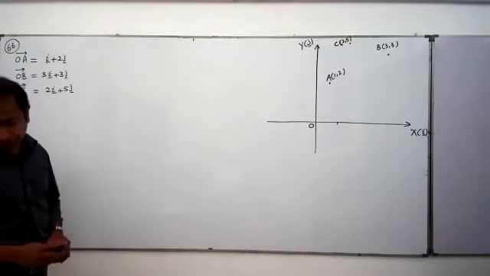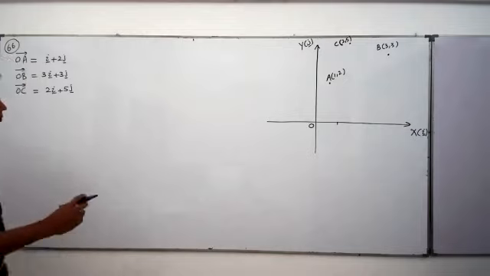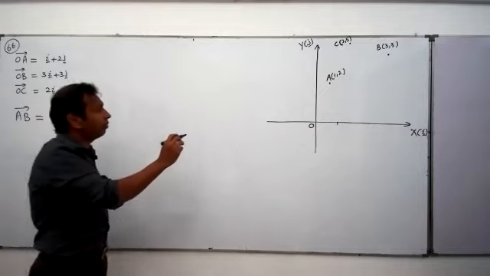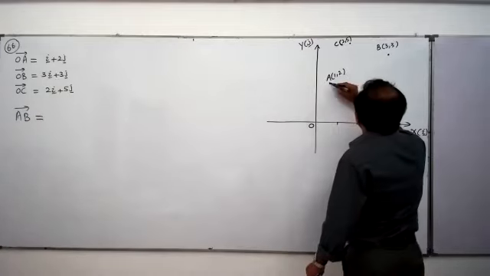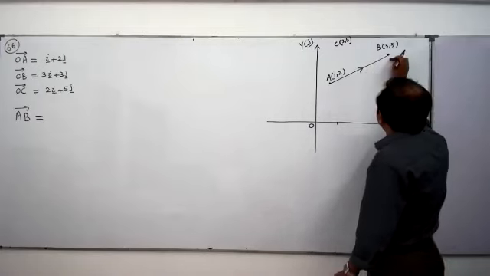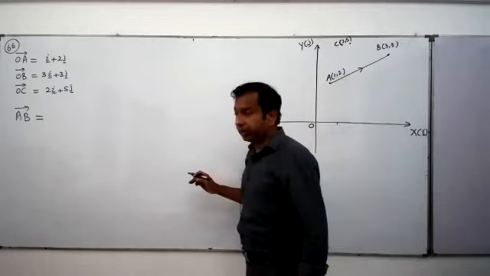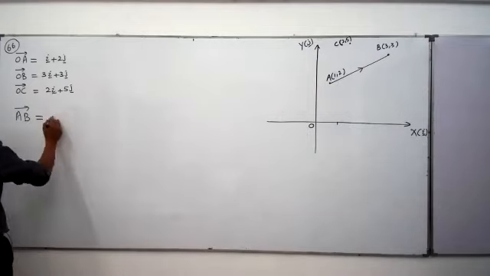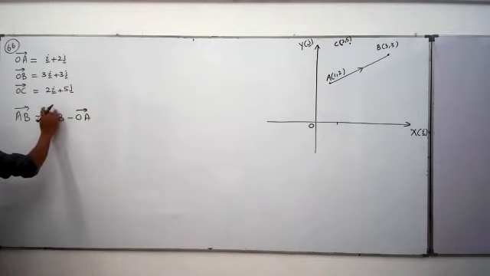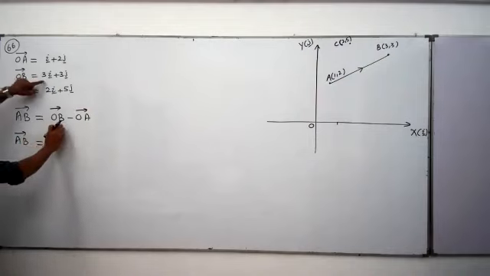And what is next people asking? Find AB and AC vectors. AB vector. Right, AB vector we need. AB vector means this vector, no? A to B vector. How to write AB vector? AB vector you can write ending point position vector minus starting point position vector. Ending point is B here. Then OB, the position vector of B, minus OA. AB vector is equal to OB vector, this,